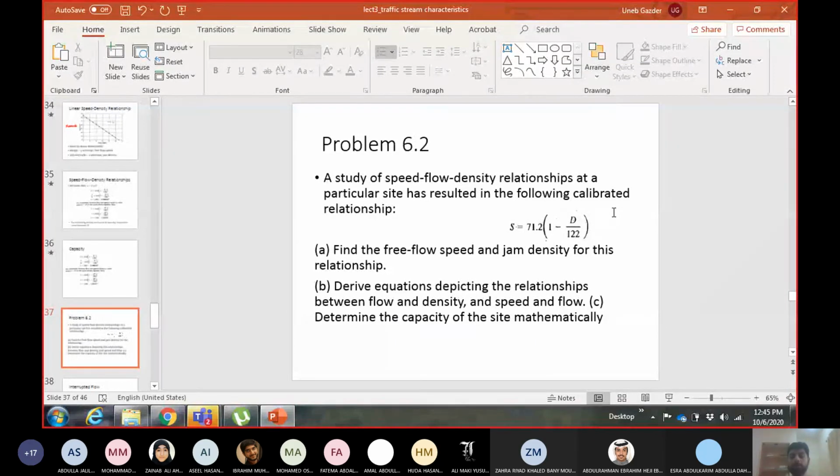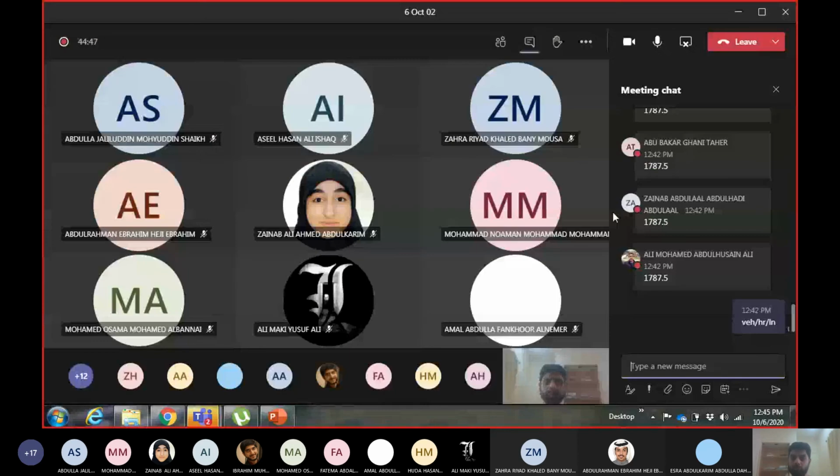On Thursday we will have a tutorial session, because we have completed the numericals from chapter 5. We will have a tutorial session like we did earlier. I will break you into groups, so be ready with your pen, paper, calculators, and everything. I will start by breaking you into groups, and we'll start solving some examples. If you want, I can start with the example related to this topic.